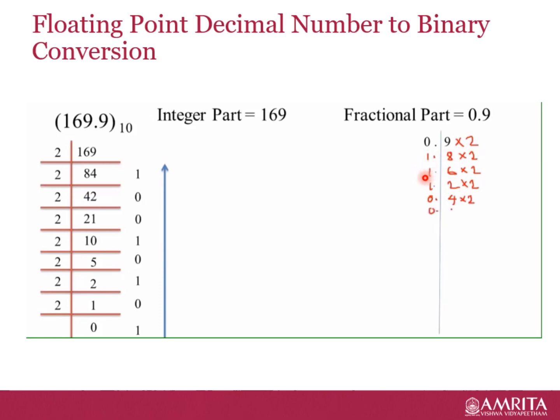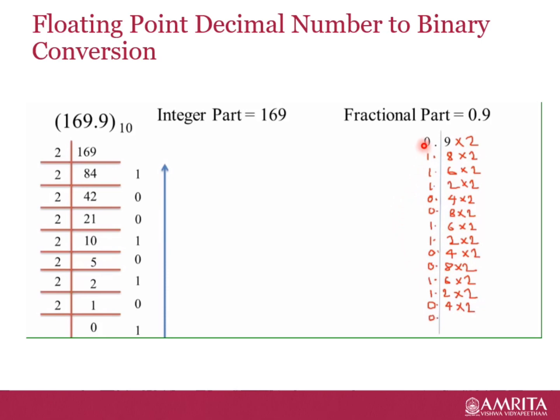Here also the integer part 1 will be retained, and the remaining 0.6 is again multiplied by 2 to obtain 1.2. Similarly, all the integer portions will be saved, and the corresponding fractional part is again multiplied with 2. And this procedure of multiplying will be continued until the fraction part is 0 or a finite number of binary digits is obtained. And the binary equivalent is the integer digits taken in the direct order.